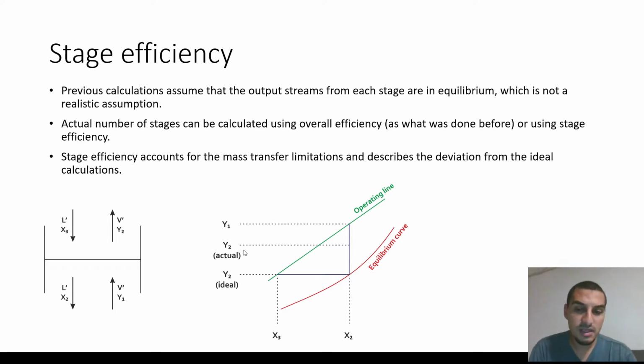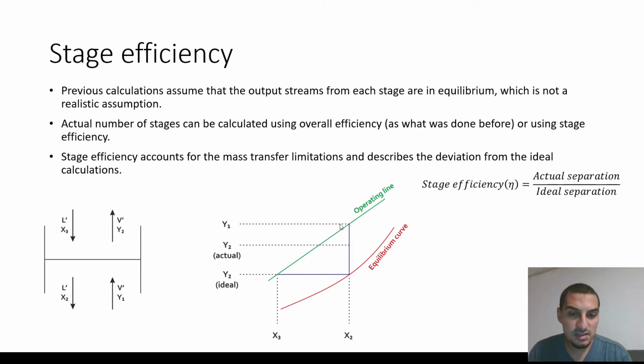The Y2 actual is the actual mole ratio of the vapor coming out of stage number 2, and it is not going to be equal to the Y2 ideal due to the mass transfer and time limitations that we mentioned before. So the efficiency of the stage is the actual separation, which is this difference, divided by the ideal separation, which is this difference. So it's this divided by this, which is mathematically described as y1 minus y2 actual divided by